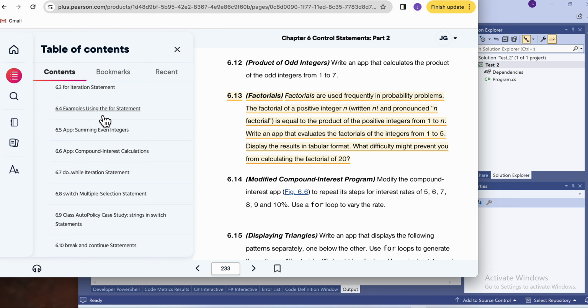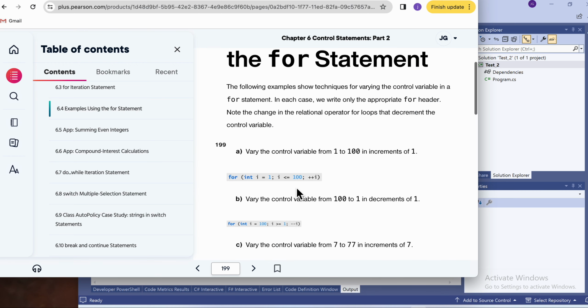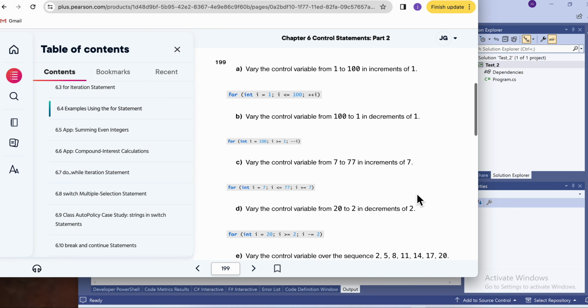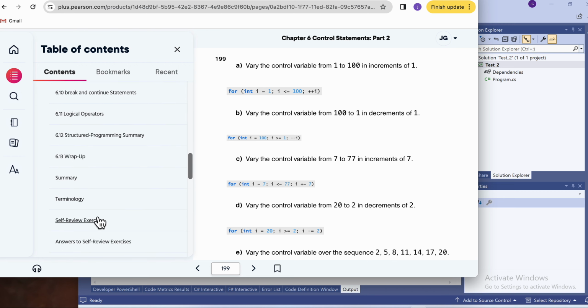section 6.4, where they have examples using the for statement. And they have examples like this one. It says from 1 to 100 in increments of 1. And this is 100 to 1 in decrements of 1. 7 to 77 in increments of 7. 20 to 2. And okay, so these are really great examples of how we would do what they're asking in this exercise,